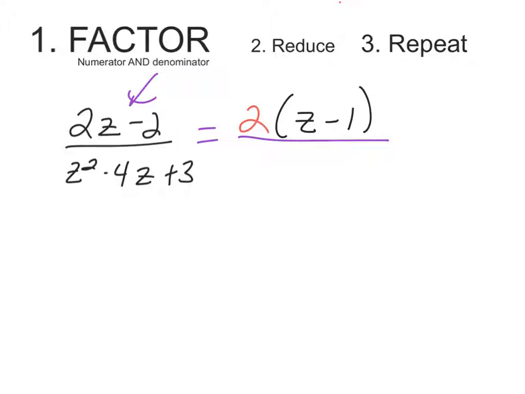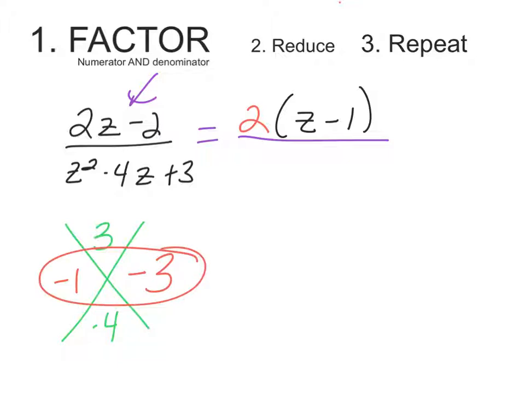Now on the bottom, I see a quadratic. This quadratic has a leading coefficient of 1. So my organizational strategy for this is, I remember we're looking for a sum and a product. We are looking to find numbers that multiply to 3 but add to negative 4. So those numbers, of course, are negative 1 and negative 3. So I'm going to use those to write my factors. So my first factor is going to be z minus 3,